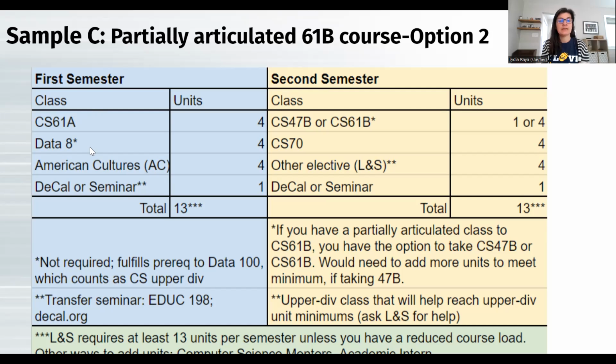But so 61A and Data 8 in the fall, either the bridge course or 61B along with 70 in the spring. And students, especially transfers, do take 61B and 70 together. It is a busy combination, but it is one that students do often. Let me take a pause here at the question.